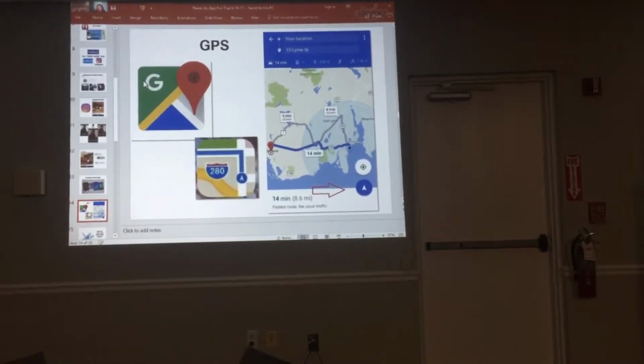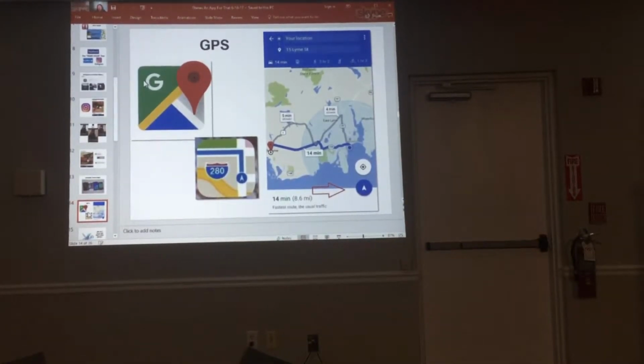That little guy with the suitcase and his hand up in the air is if you're hailing a taxi. If there were taxi service available, it would tell you how long it would take. And it shows it would take me 1 hour and 3 minutes on a bicycle. So I encourage you to play with the GPS on your phone, to get used to using an app that's free. And it's sort of fun to just see, if you're walking, what routes it tells you to take, to see if you agree with it or not.